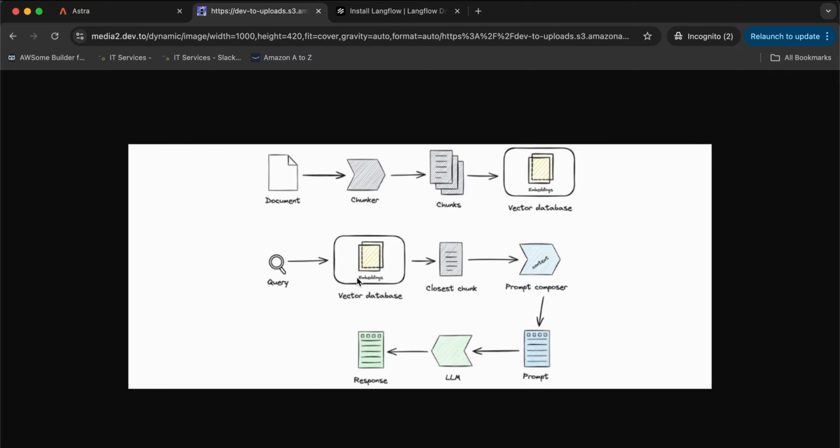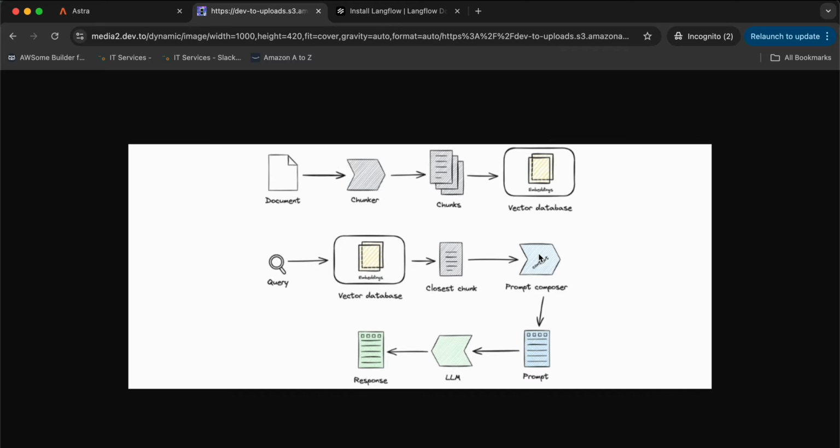And then there will be a function to search the relevant vectors for the query that has been converted into a vector, using some kind of similarity search. And then it will return the closest chunk. The closest chunk will be used by the LLM, if you see this, but the closest chunk will be augmented in the prompt. I will show you in more detail what it means when I do the demo, and walk you through how to create your first RAG in LangFlow.